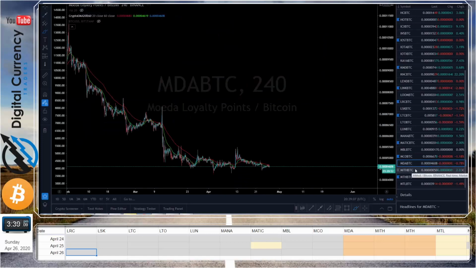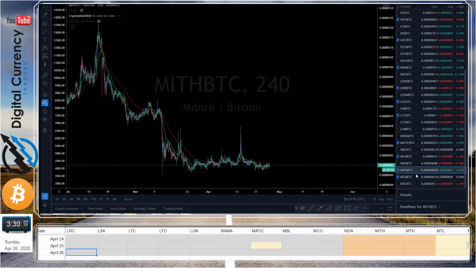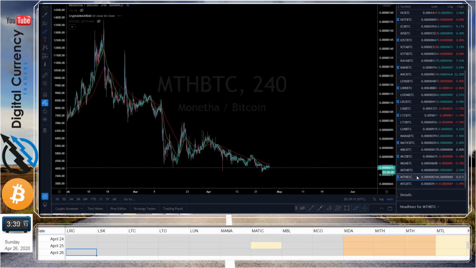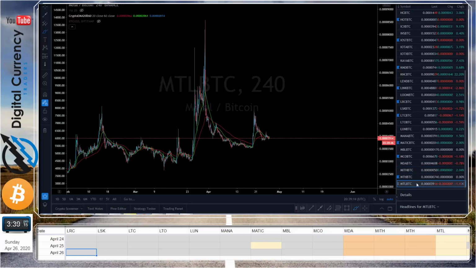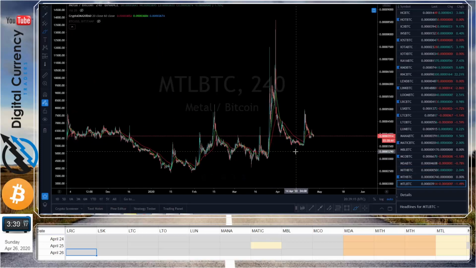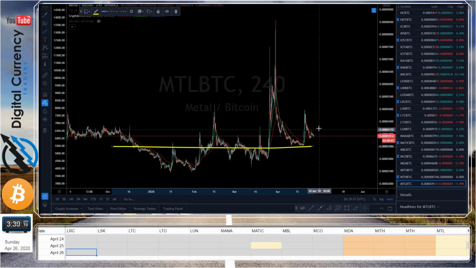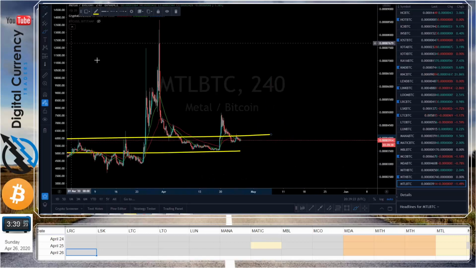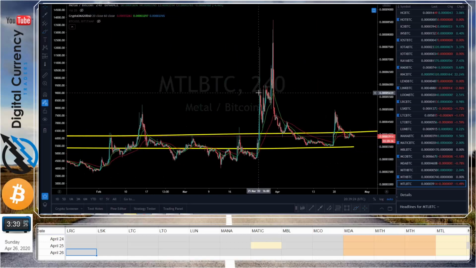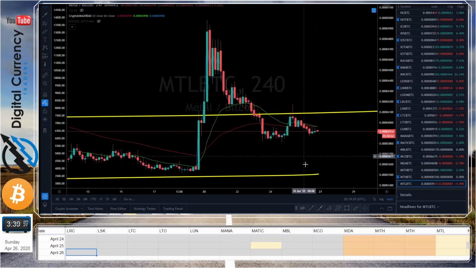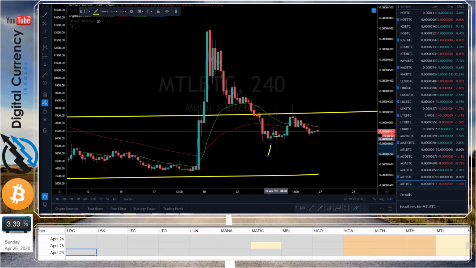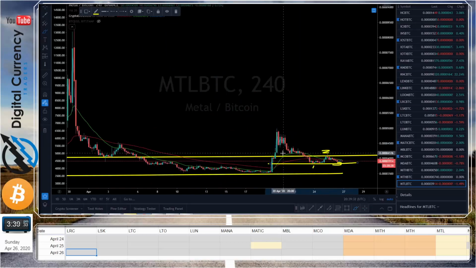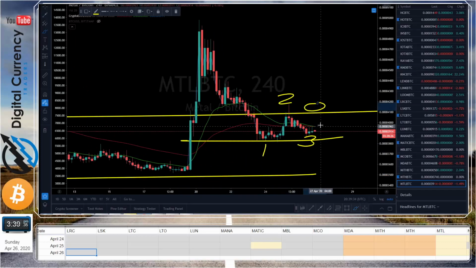MDA is near fail. Here's another one, near fail. Here's another, near fail. Nothing to do. That's as much time as I spend on these. Here we have higher lows. Oh, yeah. And that it's come back and consolidated like this gives us that springboard trade entry potential right into this little 1, 2, 3 here. Just because it's given us such nice clear levels that we could buy it here,